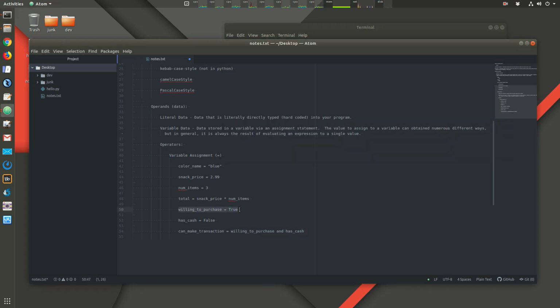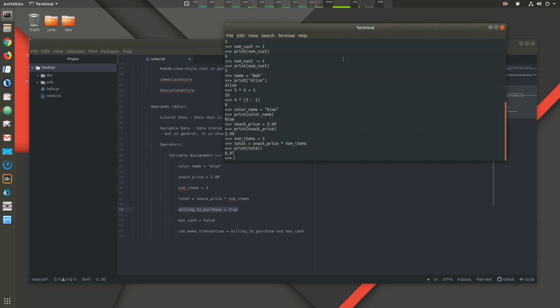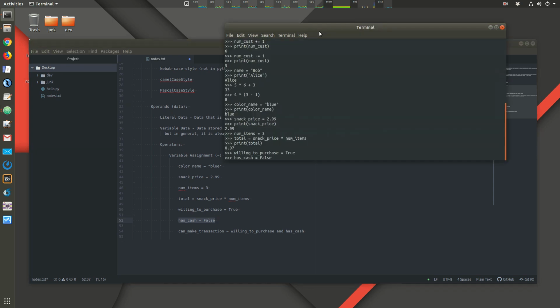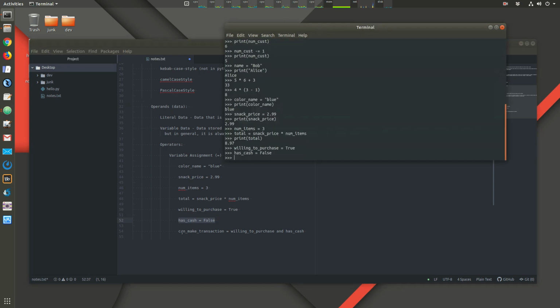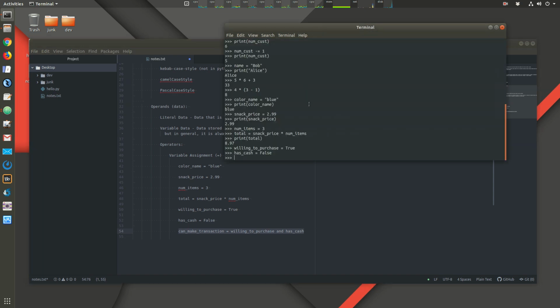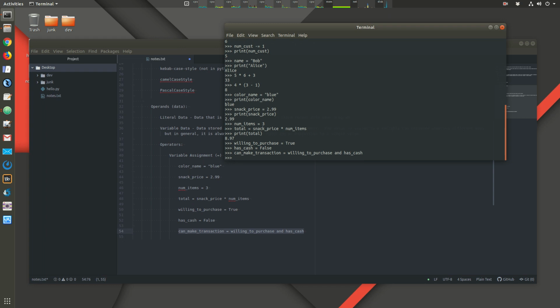So willing to purchase is true, has cash is false, can make transaction. So in order to make the transaction, the customer has to be willing to purchase and the customer has to have cash. So we join these two things. And is a keyword in Python. It's one of the operators in